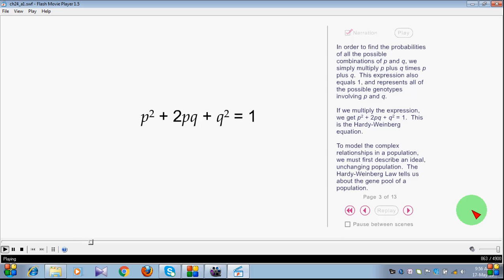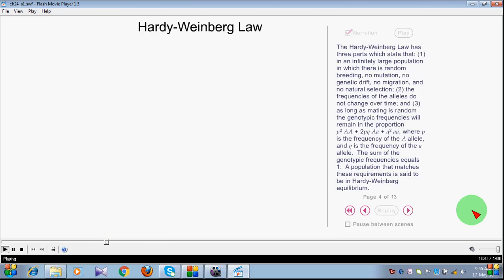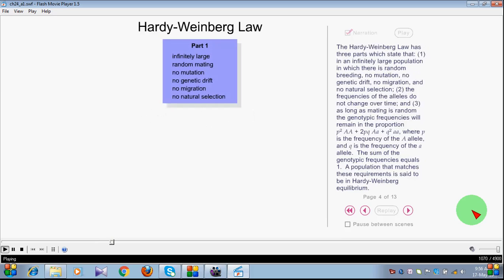To model the complex relationships in a population, we must first describe an ideal unchanging population. The Hardy-Weinberg Law tells us about the gene pool of a population. The Hardy-Weinberg Law has three parts which state that: 1. In an infinitely large population in which there is random breeding, no mutation, no genetic drift, no migration, and no natural selection, 2. The frequencies of the alleles do not change over time, and